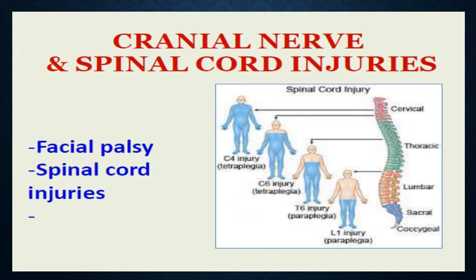Okay, talking about cranial nerve and spinal cord injuries, it's very fatal, very grave, but less commonly seen because it needs very vigorous and irrational force on the baby, and it also needs fragility and prematurity of the baby to be delivered normally, and that's not the case in most cases. The most frequent and important types of these are the facial palsy and the spinal cord injury.